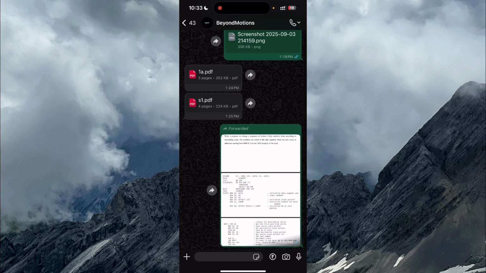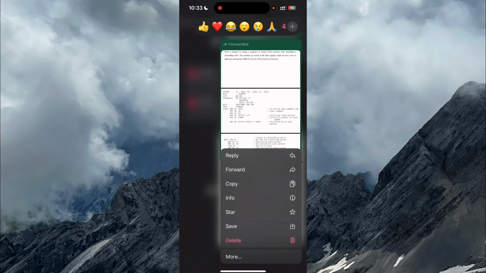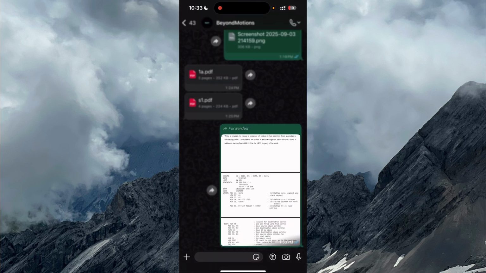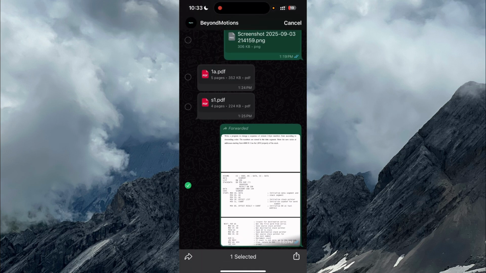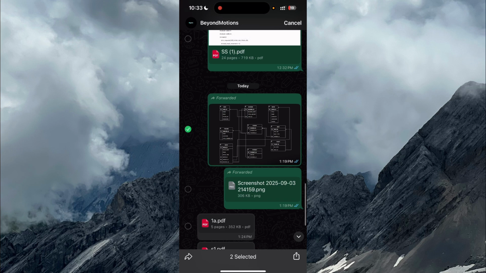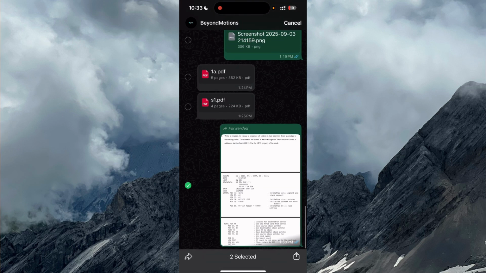So once you found it, you can just tap and hold on that and click on forward. Now just select this one. If you want to have multiple images, you can just select that as well. Once that's done, you can see there's an option of share on the bottom right corner. So I'll just click on it,